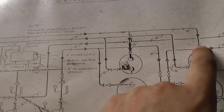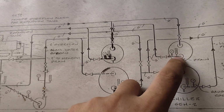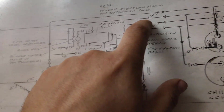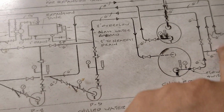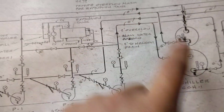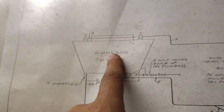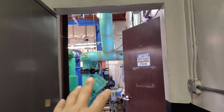Let's see if it's the same in the drawing or not. Here, this is the return, and this is the gate valve. It's this one, the return. It has a temperature gauge and pressure gauge and gate valve. It will continue here 6 inch. It will be the same for chiller 1 and chiller 2. It's connected together, and it will become 8 inch because for chiller number 2 it is 6 inch. After this, when we add chiller number 1, it will become 8 inch. It will go 8 inch and go to each part of the cooling tower. Okay, so I hope that we covered the drawing, we covered also inside